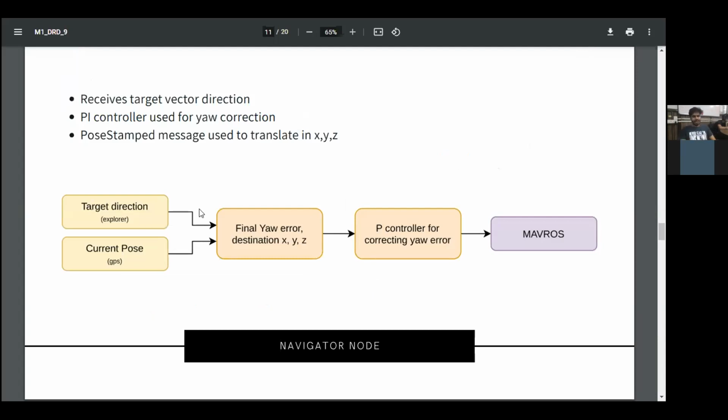And that was the task of that black box that I was saying, that you can tell me where I need to go and that will directly take me there. Again, for freshies, you might not know about PID controller, but for others, once we had that final position to go, we did not give it directly because it could have an error. So we used a PID controller altogether